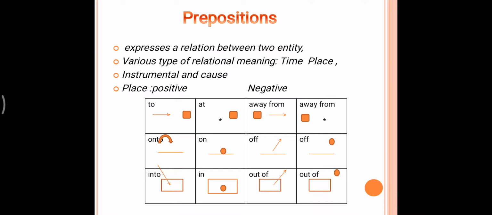So he dived into the water. I walked into the classroom. Okay, he entered into the house. Okay, so like this, the arrow indicates the movement and it requires a dynamic verb like this. Okay, then we have some types of